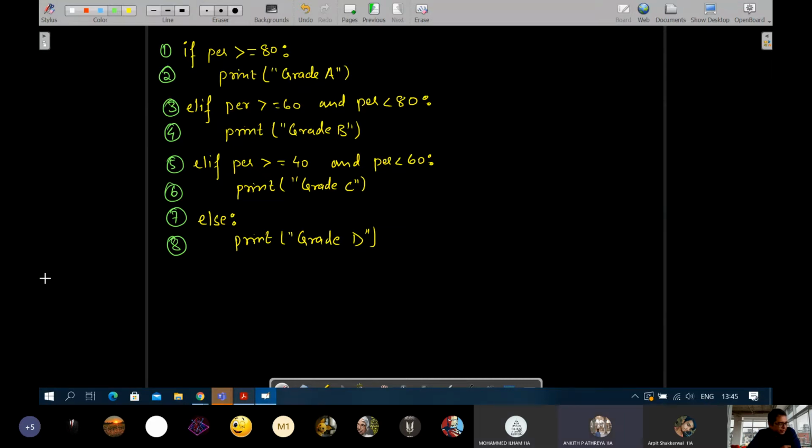Sir, we are writing if percentage is greater than or equal to 18. Which line number? The first one. Okay. Then if percentage is greater than or equal to 60, can't we write that and leave it like that? Correct. Very good. I was going to come to that. Excellent deduction. That is of course what your program should be. So this is also correct.